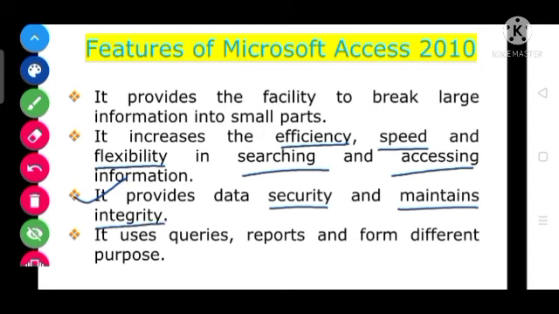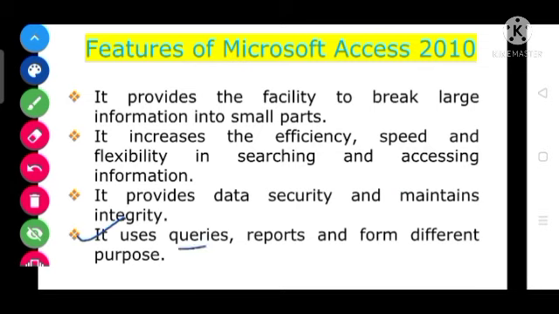Generally each and every software has its own different features, and Microsoft Access also has a feature to provide data security. Data security means we can secure our data by using different methods, such as by locking it or protecting it with a password, and we can maintain the integrity of the data also. Next, it uses queries, reports and forms for different purposes.